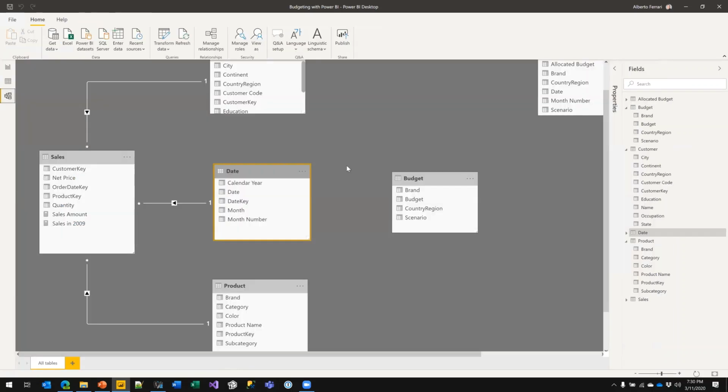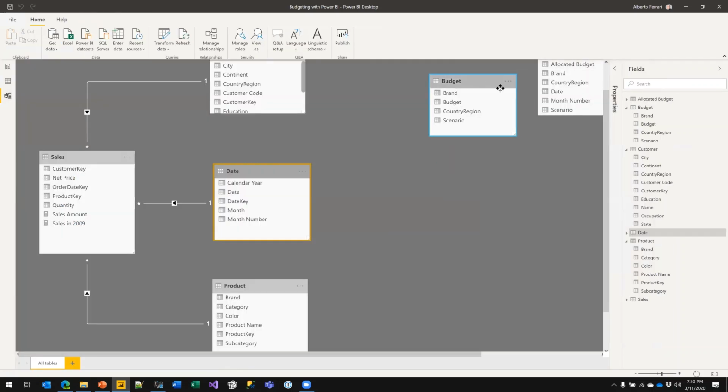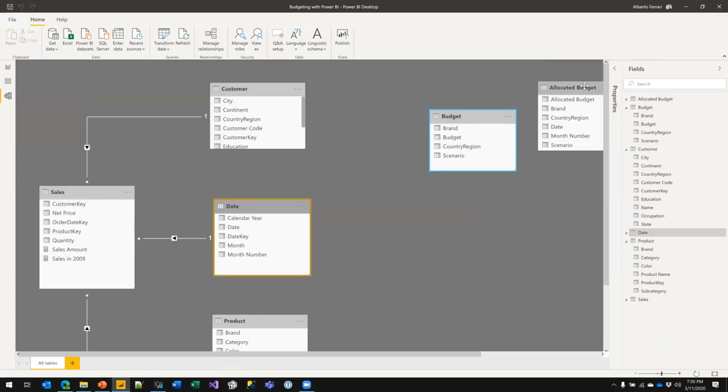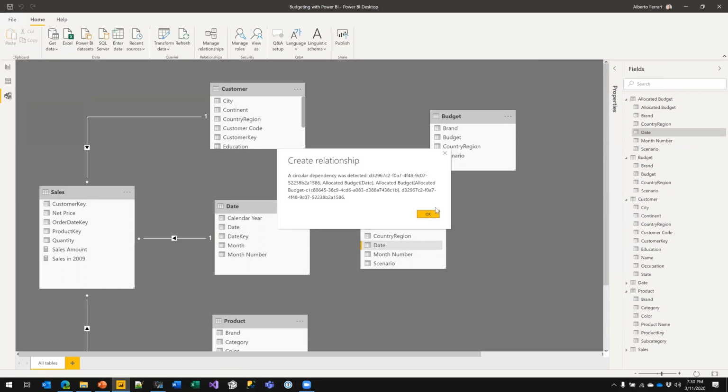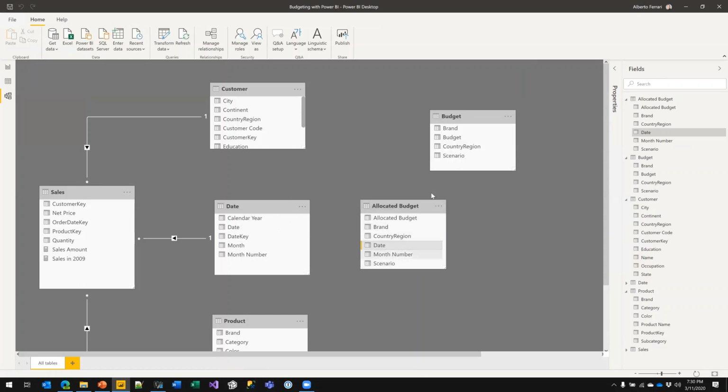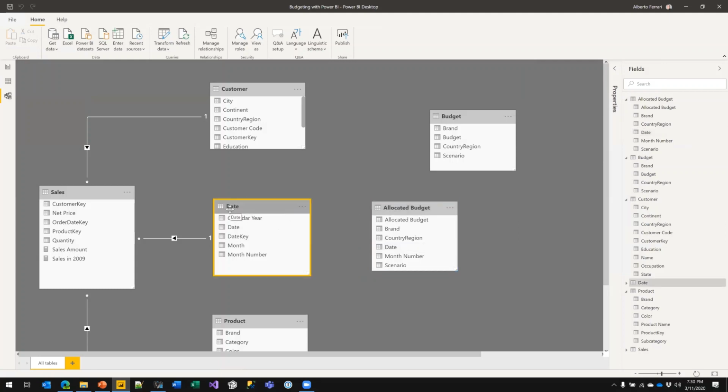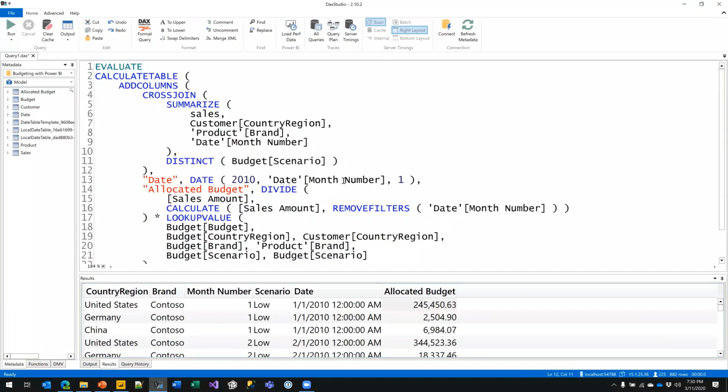And we can start building the relationship, because now this budget does not contain values which are allocated. This does. And I can build a relationship between budget, and we have a problem. You see that it says that the circular dependency was detected. Now, a circular dependency happens when the code that you use in the budget contains references to a possible blank row that might exist in the date table. And we need to search in the code for the presence of this.